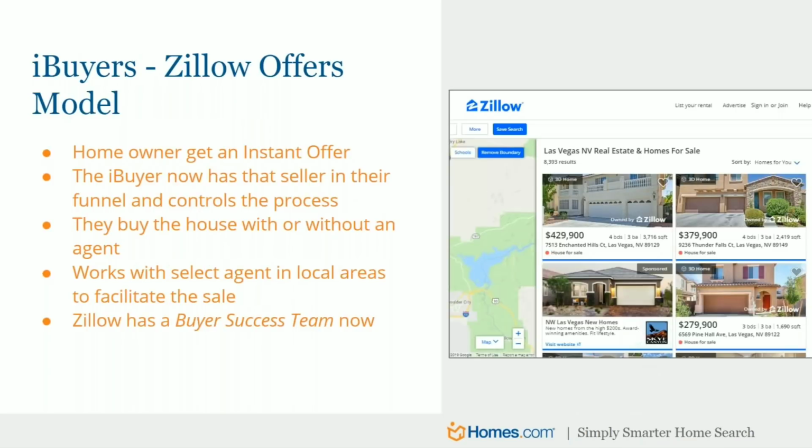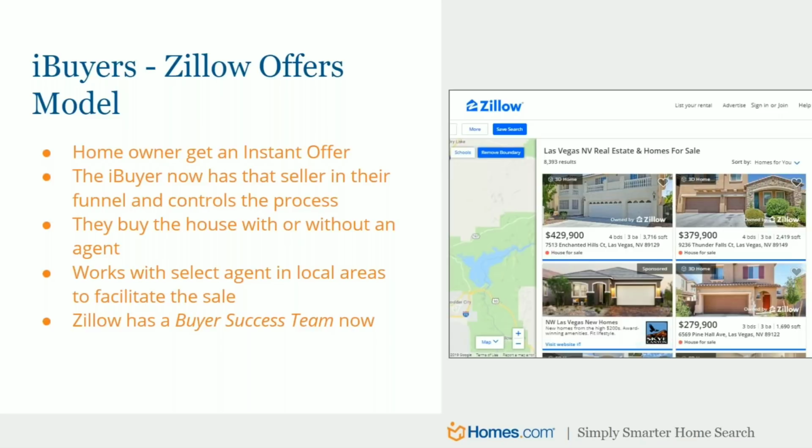Now that's one model that you're seeing a lot. It's taking a hold of things, because OpCity was purchased by Realtor.com, or by their parent company, for over $200 million, and so you've seen that happen. And now you have a lot of other companies out there trying to do a similar type of business model.